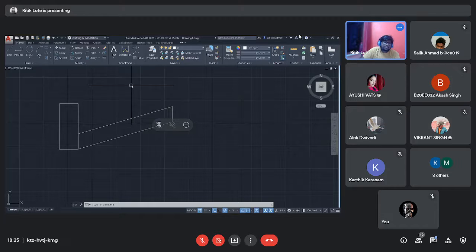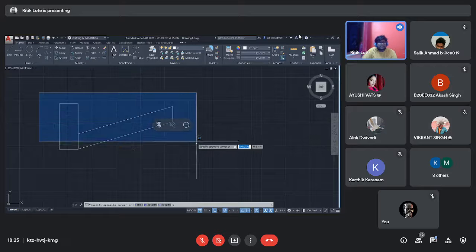So using the stretch command, there are different ways to create this model. You can directly use the line tool and create this model. If you don't want to use that, just simply create a rectangle and do the specifications, and it will be stretched. Then